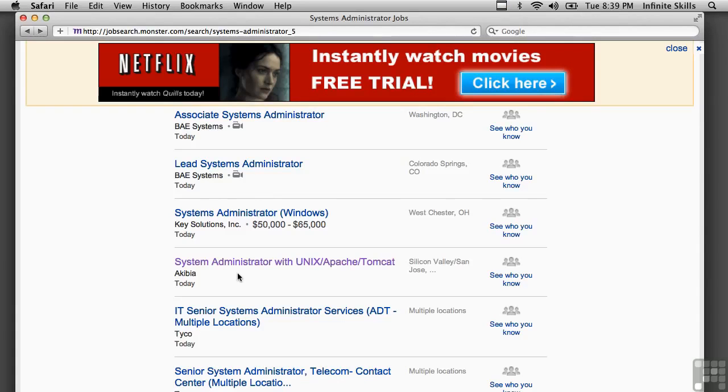And the reason for that is if you're looking to hire somebody, you're going to use a site like Monster, and you need to post the types of job requirements and the skills required. And so if you start looking around for a particular company and you look for the right jobs, you're going to be able to find out the types of systems and software that they are using in-house.